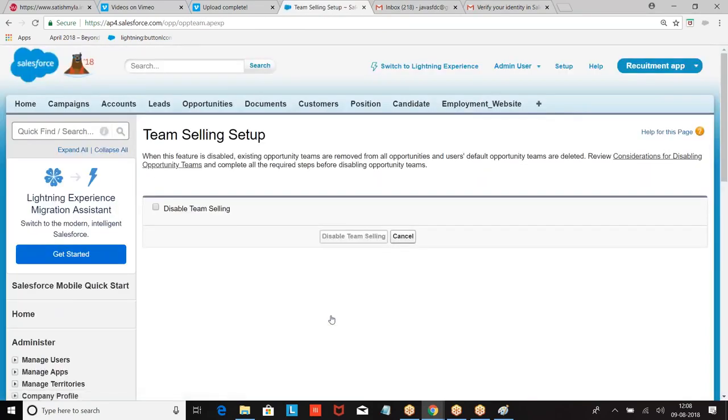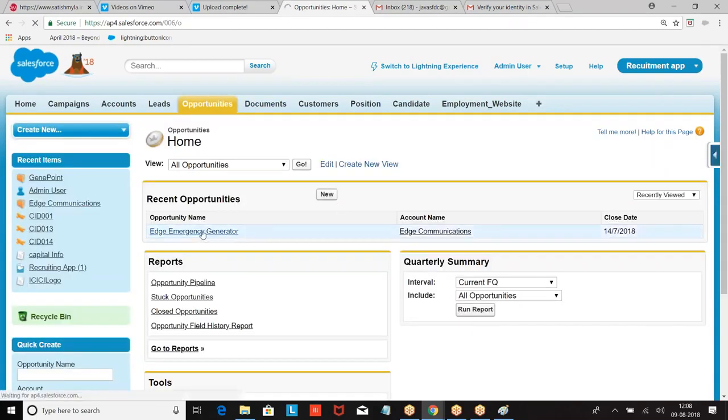So when you're making a team sale, your opportunity amount is split among team members. This member is dealing with how much amount of money. This person is dealing with how much amount of money. Because there are multiple services. For this service, what is the amount? For this service, what is the amount? Who is handling this? Okay. Now enable opportunity teams. Go to opportunities.